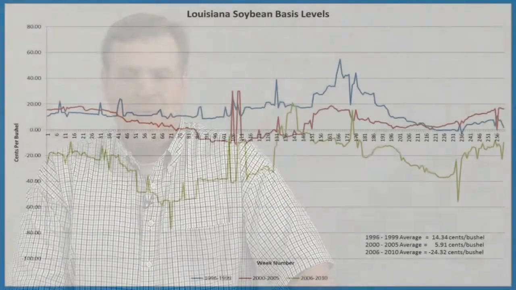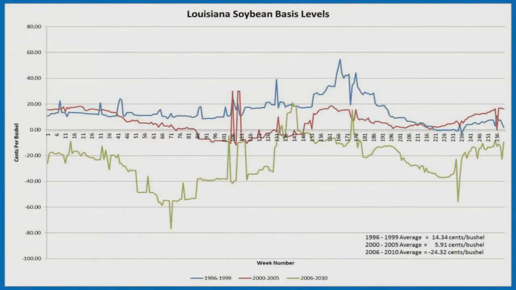This may be a little bit tougher slide to see, but this is Louisiana basis levels. We talked about localizing those futures prices. That November 2014 futures price that we just saw, 11.64, doesn't necessarily mean that we expect to see that price here in Louisiana. We have to localize it to the Louisiana situation. And we do that by taking that futures price and adjusting it by a historical basis level.